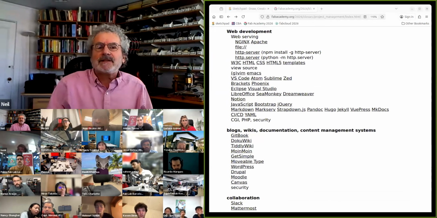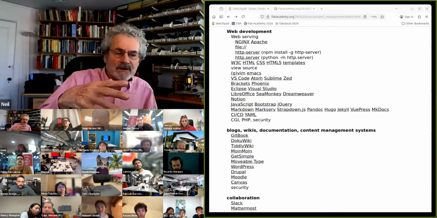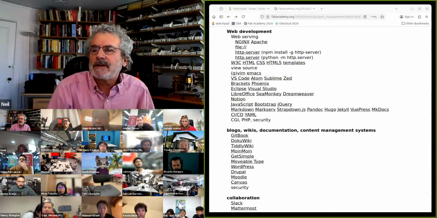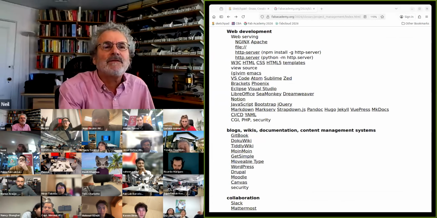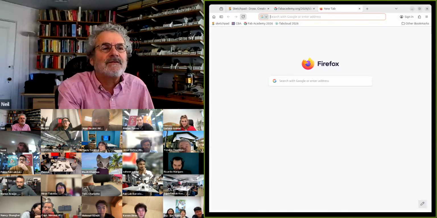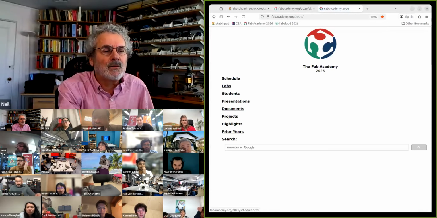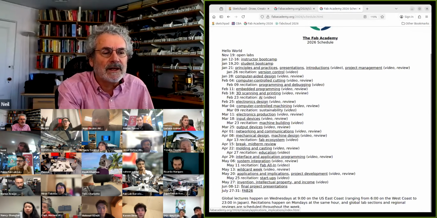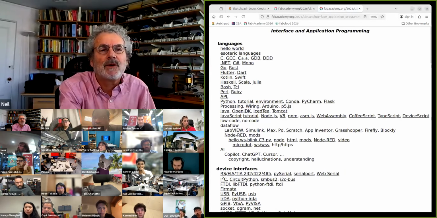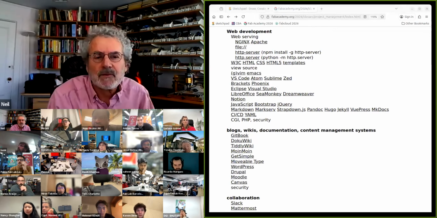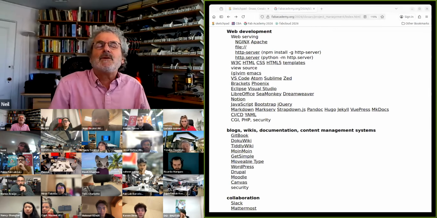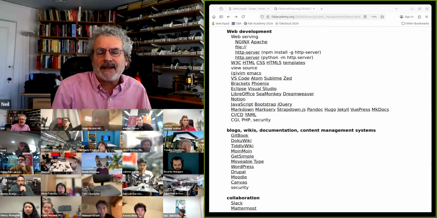But then as you progress, you should grow beyond the server and learn how to work locally. Bobkin's asking about Docker and Kubernetes. All of those questions you're asking have to do with what we're going to be doing much later when I talk about application programming. These have to do with how